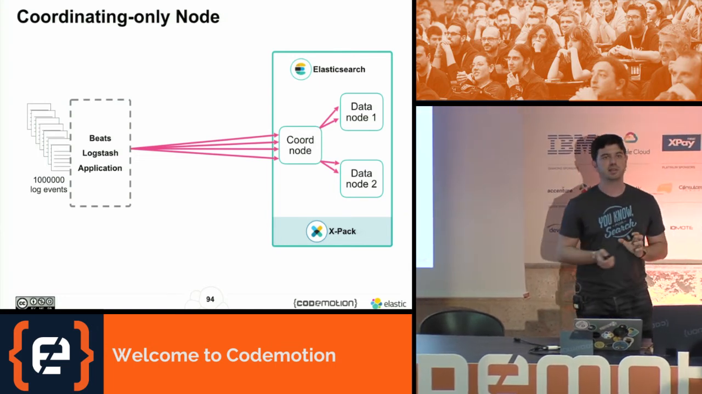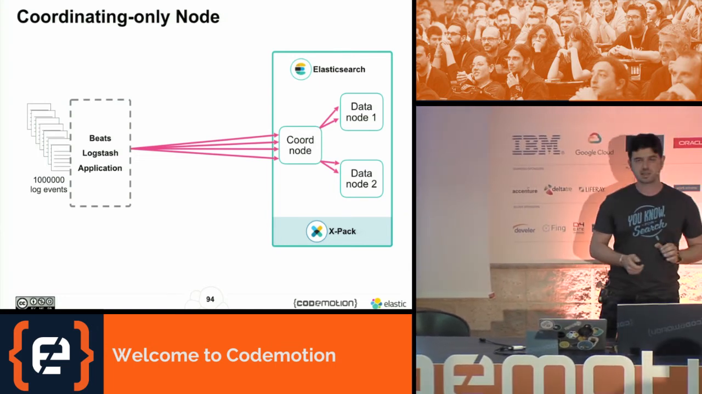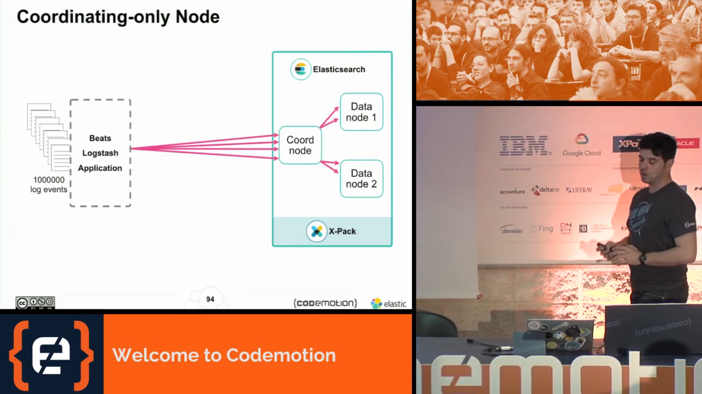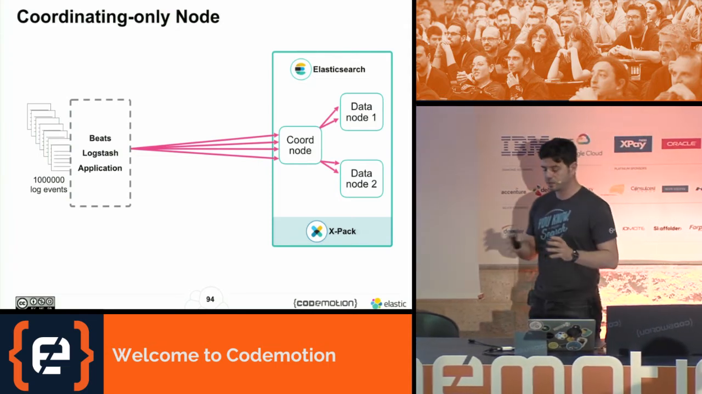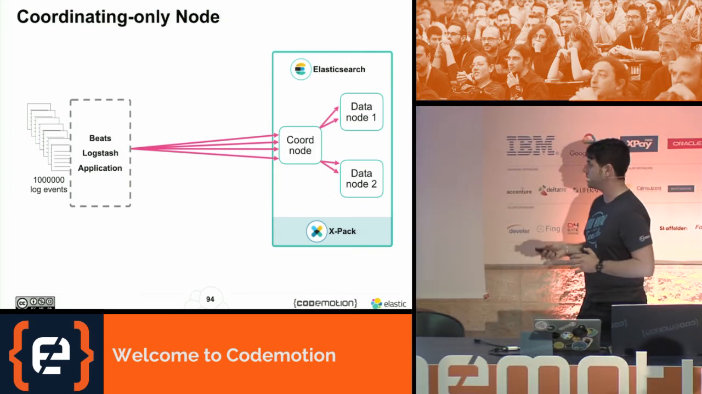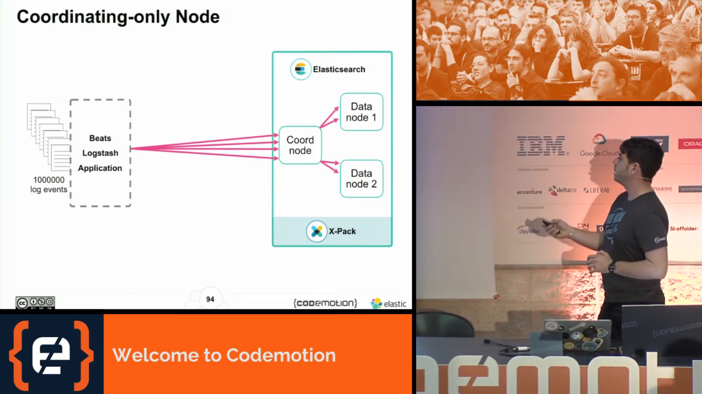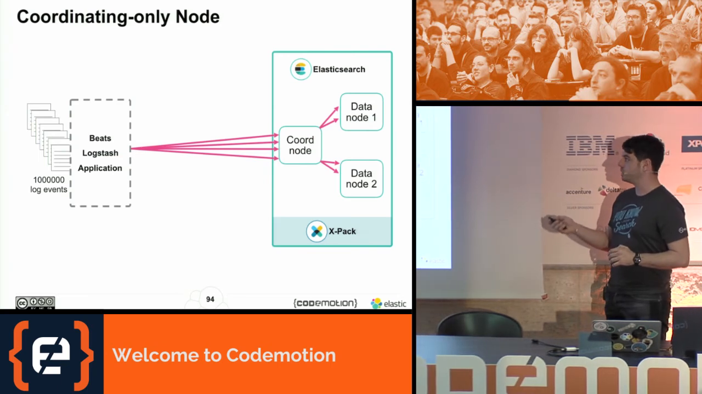The coordinating only node knows the cluster state. So cluster state is all this bundle of information containing the shard location, the mappings, and other settings. So in this case, coordinating nodes can do the job. It will know how to route efficiently your